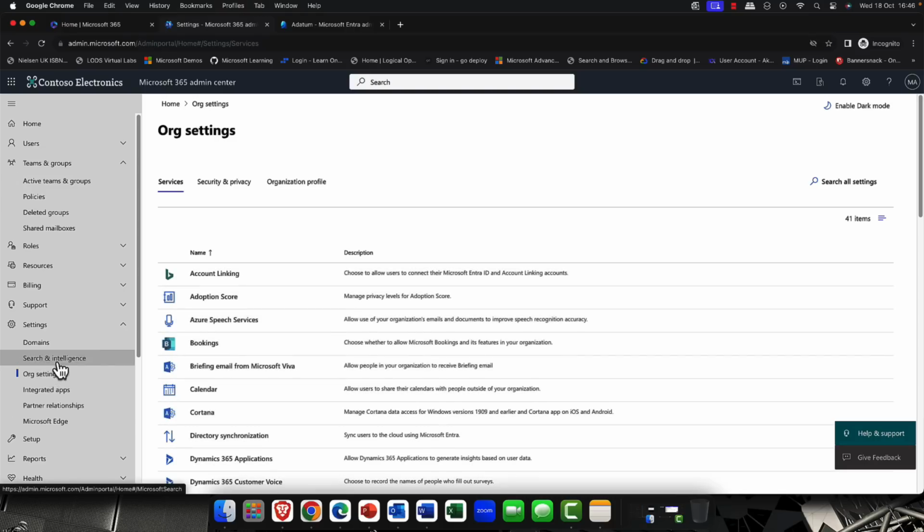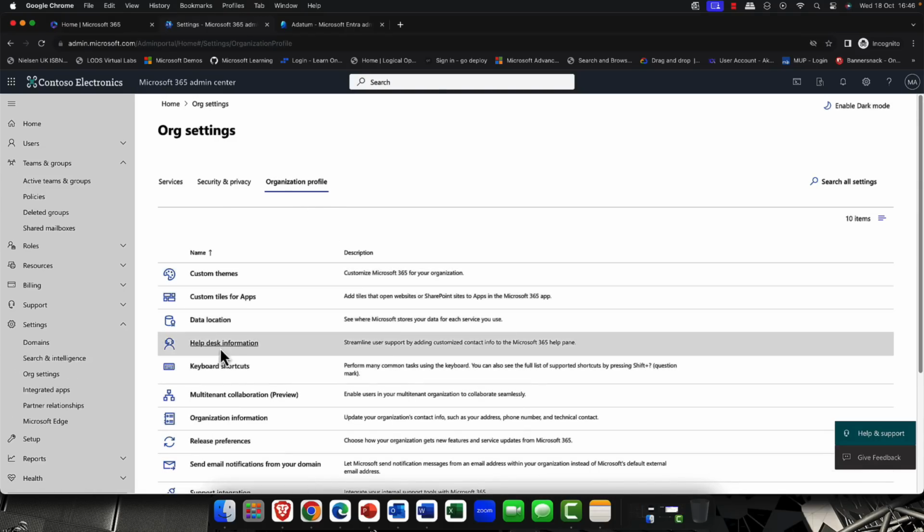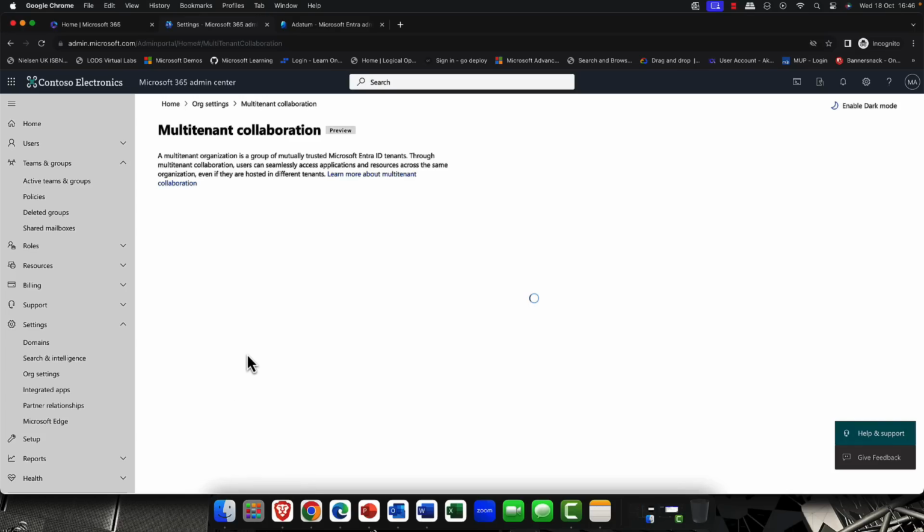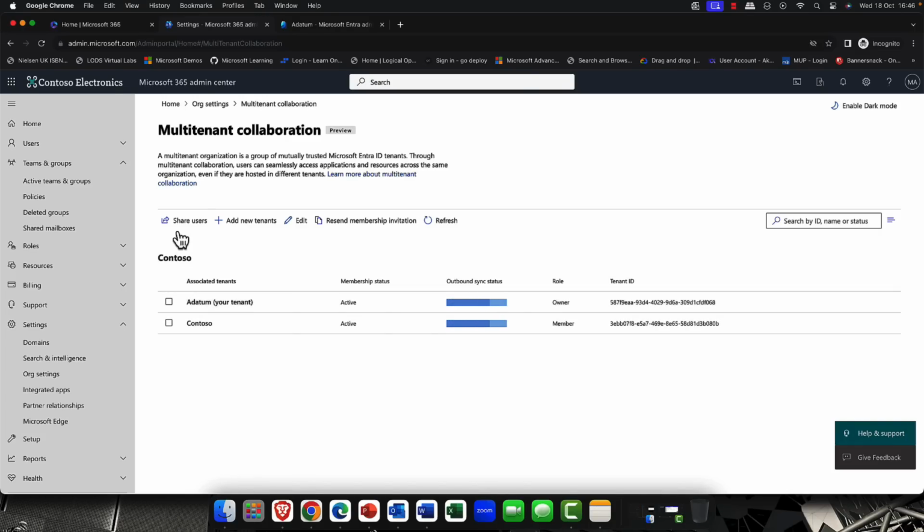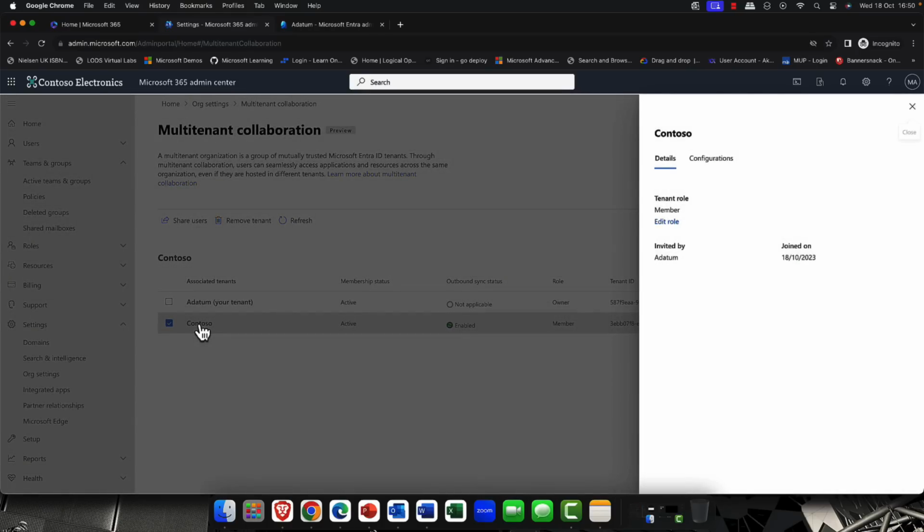So now I'm going to come back to multi-tenant collaboration, click onto the settings, and click onto configuration. And sure enough, you can see that the Bergen HQ group is here, and the sync is allowed.